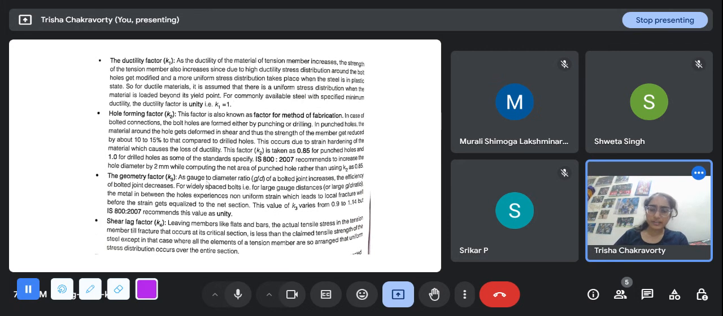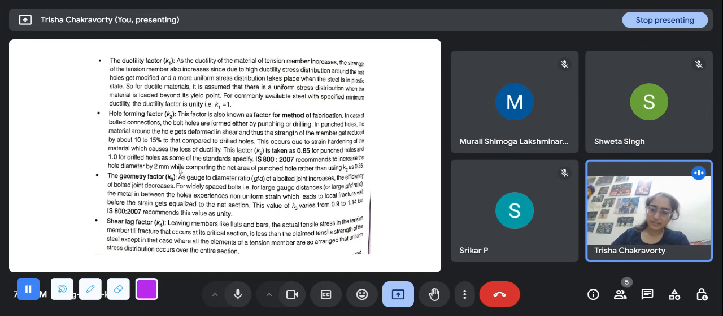For both of these specifications accomplish the same goal, that they reduce the net area, maybe not by the exact same amount. All of these are called empirical formula. They are not exact, but these are empirical formula that have been reached after a lot of research. Now the geometry factor K3: as gauge to diameter ratio G by D of a bolted joint increases, the efficiency